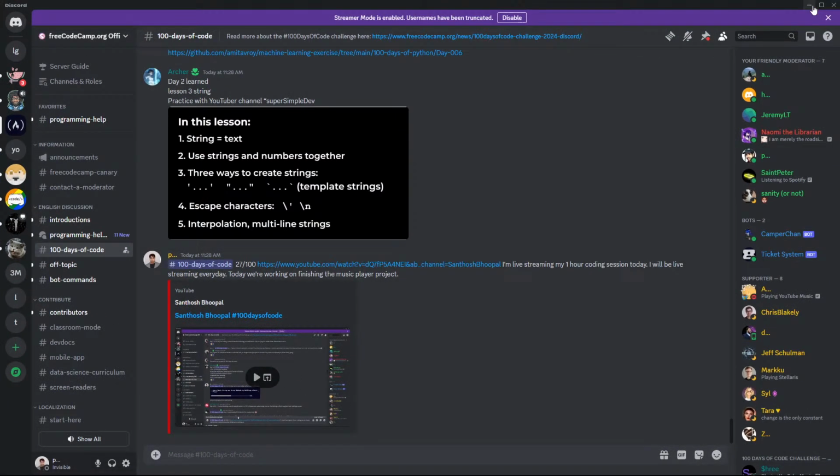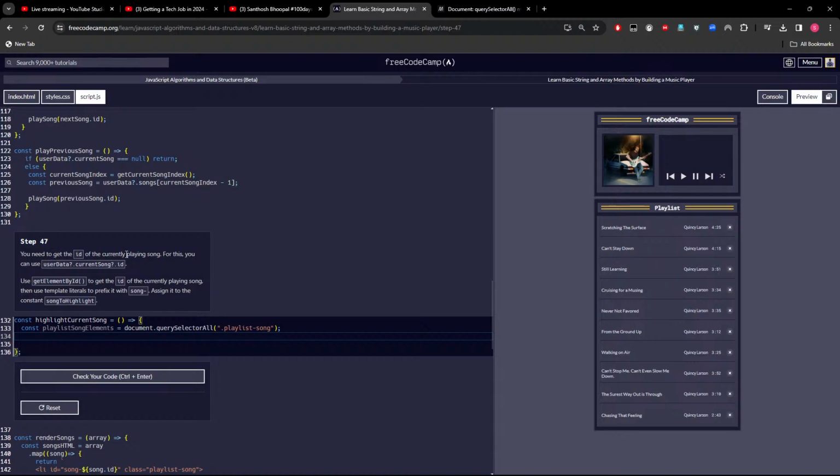This is day 27. You need to get the ID of the current playing song. For this, you can use the userData current song ID. Use the getElementById method to get the ID of the currently playing song. Then use template literals to prefix it with "song". Assign it to the constant songToHighlight. Song to highlight, assign that. I need to put